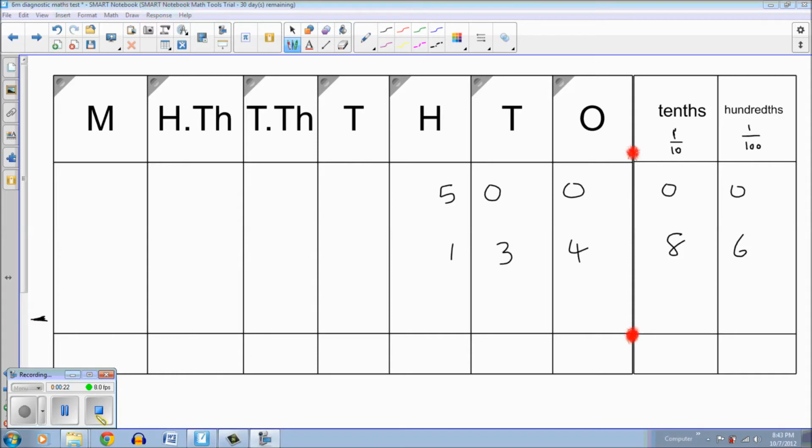This side deals with the fractional side, or the decimal side. So after we pass ones going to the right, we have a decimal point, and beyond that we deal with parts of something. So in the first column we have the tenths, so whatever it is that is there will be out of 10,